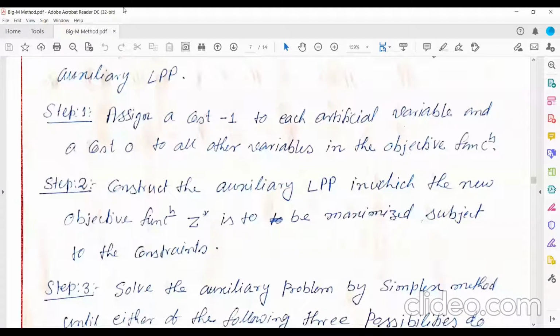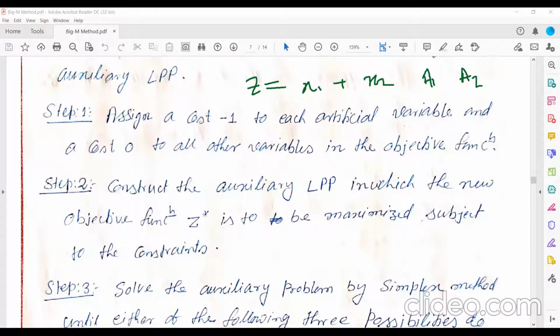That means if you have an objective function z, it will be like a x1 plus x2, then some constants, and in the constraints artificial variables are there, say A1. If there is one, you write one artificial variable, and if there are two artificial variables, then two should be written.